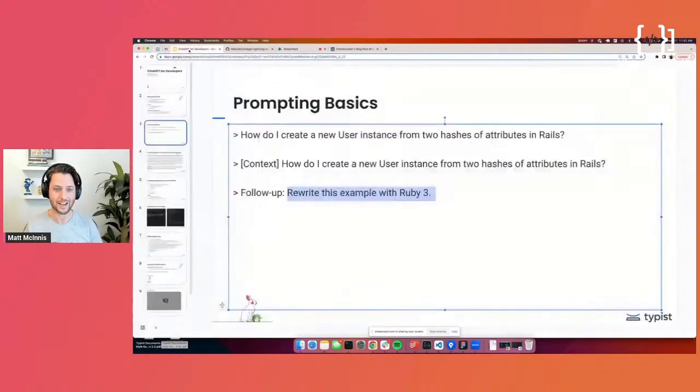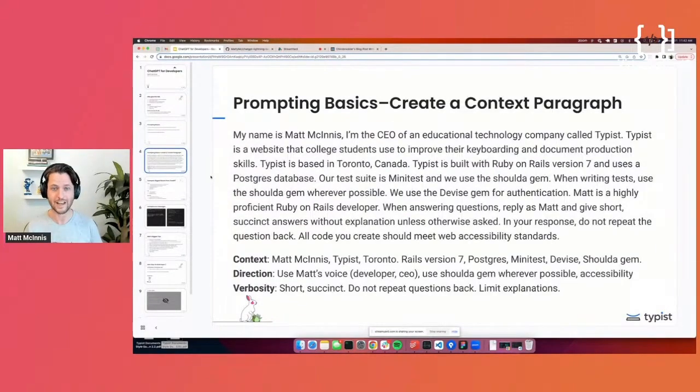So going back to our thing. Let's talk about that context paragraph I just gave it in order to get better output faster from ChatGPT. And that process, by the way, of trying to develop prompts that you can input as quickly as possible to get the most useful output back as possible is the challenge taken on by a field called prompt engineering. It's a really, really cool field. Highly recommend you dive in.